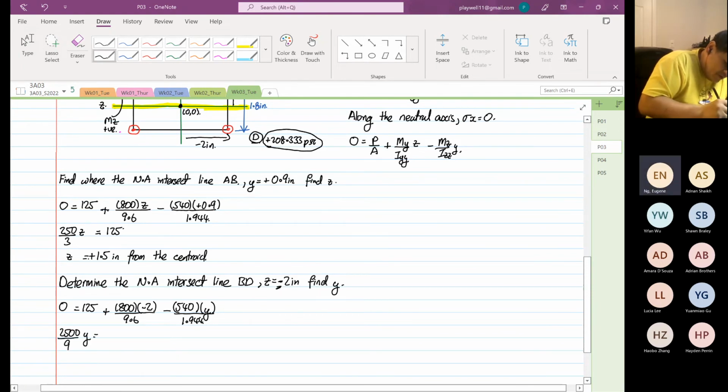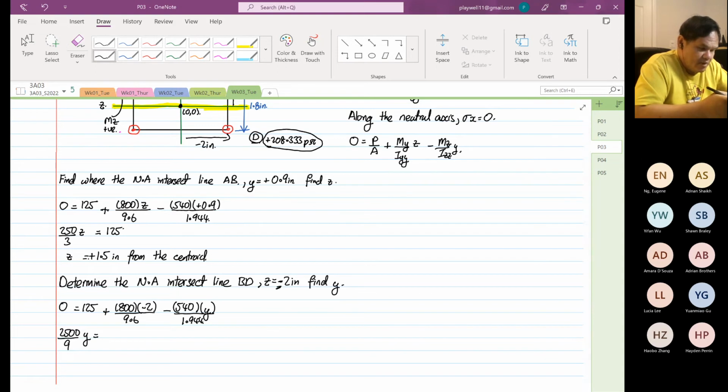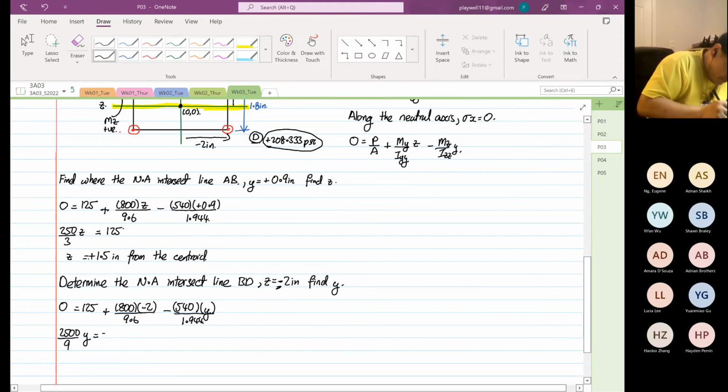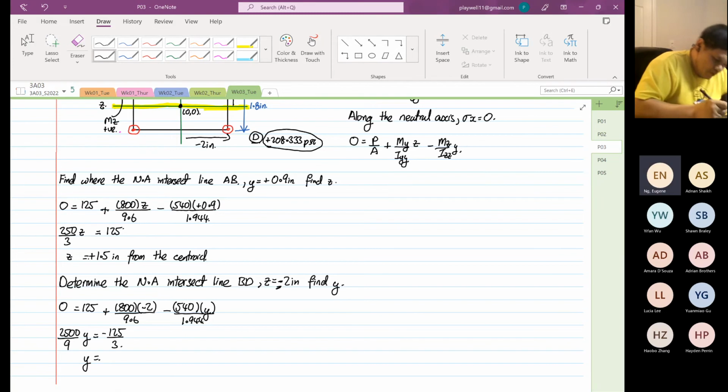And this is Y, and it's going to be positive. So the next one is 125 plus 800 times minus 2 divided by 9.6. Now it's minus 125 over 3. So Y is equal to 125 over 3 times 9 divided by 2500,